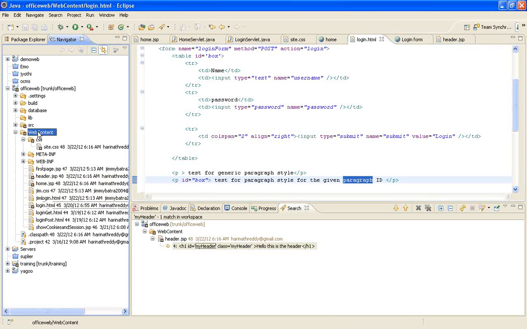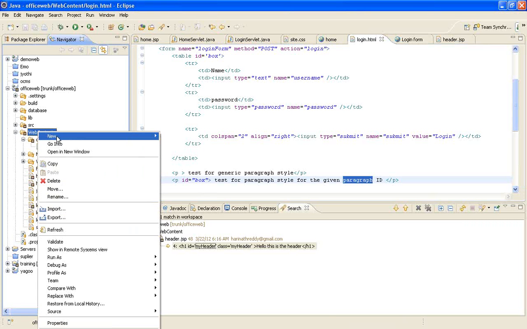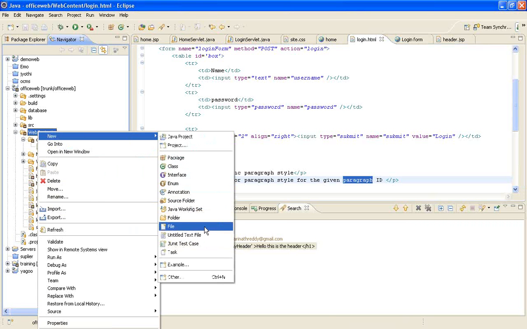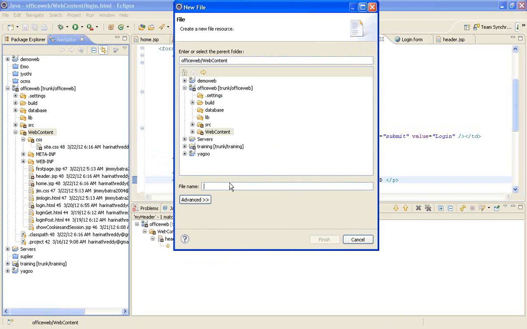Create a file called styles demo, or maybe css demo.html.